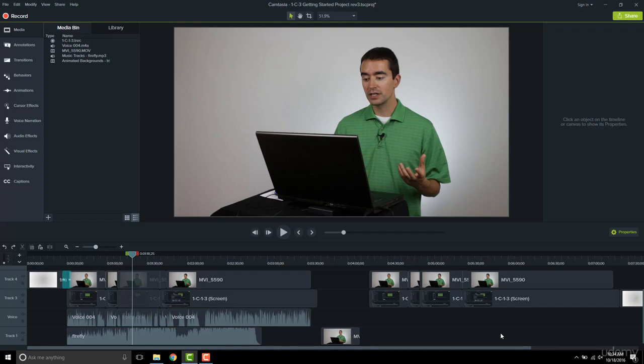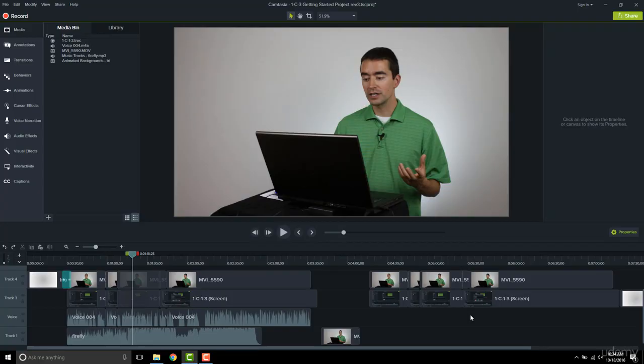We now want to talk about cursor effects. When we're talking about cursors, we're thinking about the mouse, the arrow that's on the screen. Technically, the mouse is the hardware and the cursor is the arrow or the pointing hand or whatever we see represented on our screen. So cursor effects are going to be how our viewers see that cursor as it moves